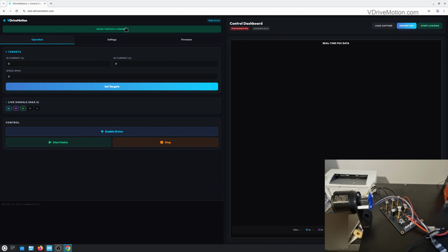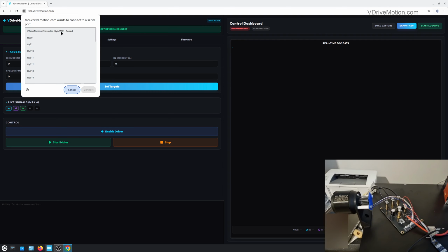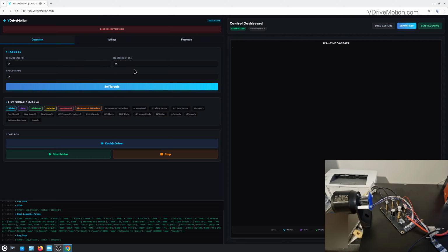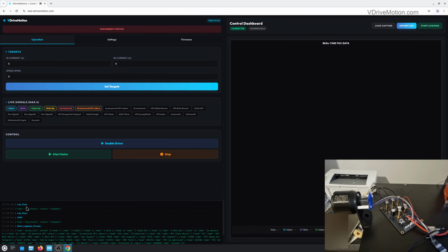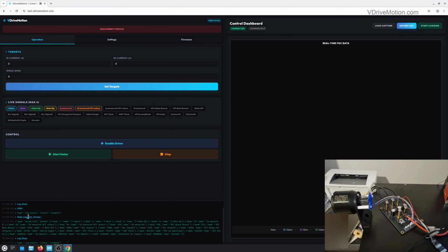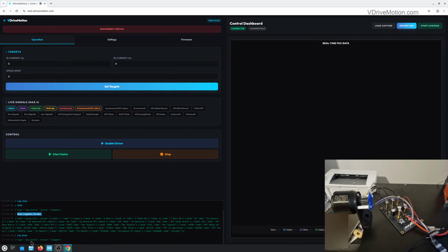Okay, so in this video I decided to show a little bit about this tool and the new updates I have been making there. So now when we open it, it will send this command like this, and then the microcontroller will return all these parameters that can be logged, and it will also always answer